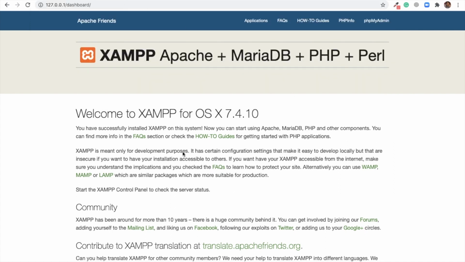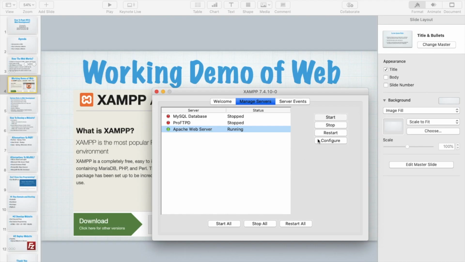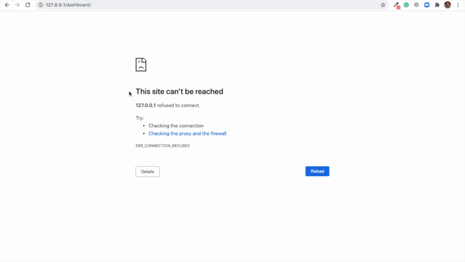Clear? Multiple times you have heard that some server is not working at the moment. So what actually is that? You can see here this server is running. So let's stop this, and now see the web page again, and it is saying that the site cannot be reached. This problem generally occurs when the server is down or not working. You might have heard a lot of times that the WhatsApp server is not working, Gmail server is not working, and it creates panic. Because if the server is not responding, you cannot send a request and the server will not respond.